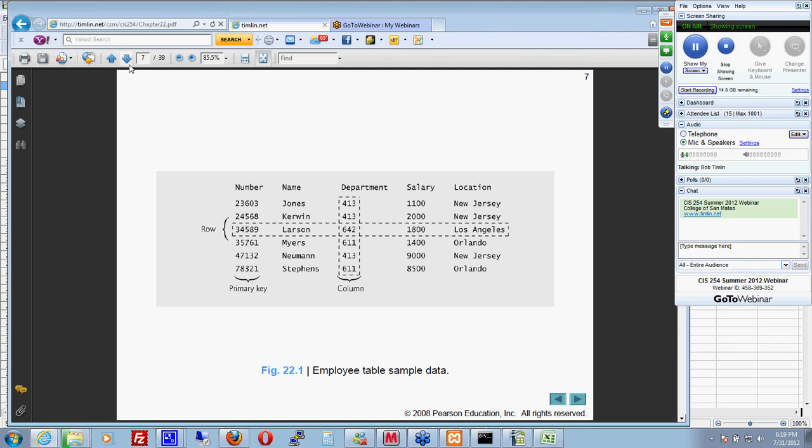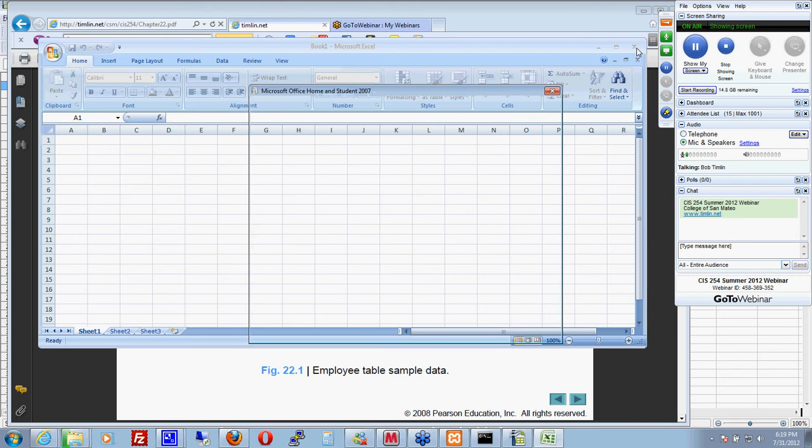So this is an example of a table. Store all your employees, and you might even think that if you were running a small business, that's what I